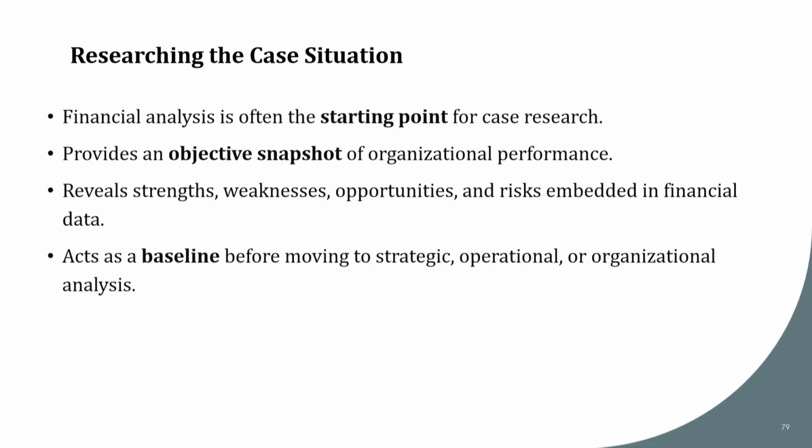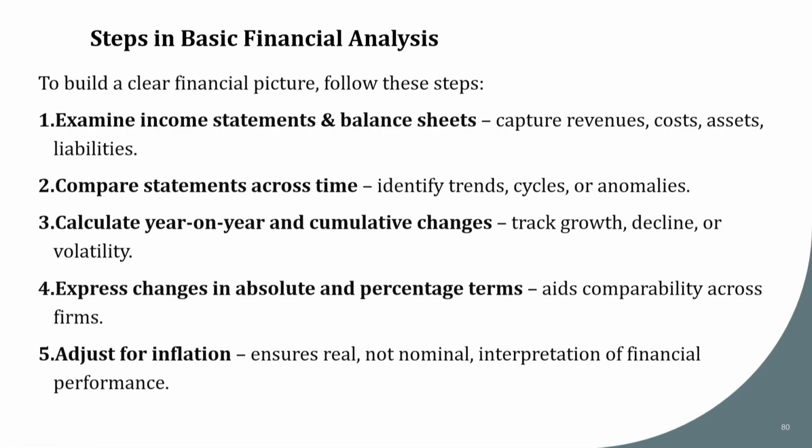So, let us outline the basic steps in financial analysis that make this process more systematic. Essentially there are 5 steps. One is to examine historical income statements and balance sheets. Second is to compare them over time to spot trends. The third is to calculate year-to-year changes in key categories. The fourth is to express these changes in absolute terms as well as in percentage terms, and adjust for